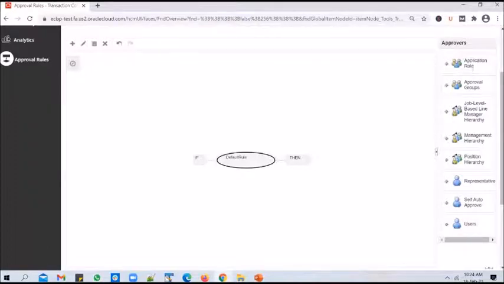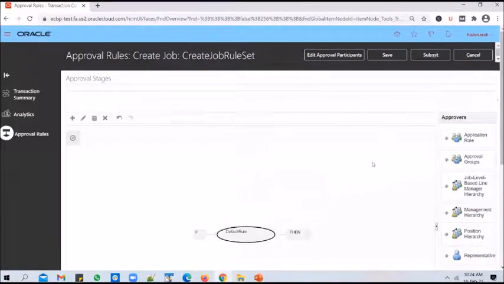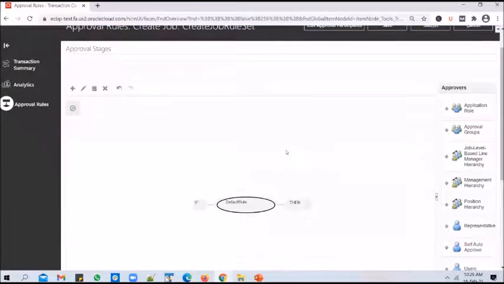And you can also use application role as an approver. What this means is that the moment you use application role, you will be able to pick an application role here. If you pick human resource specialist, then when any user submits a request, and there are a couple of human resource specialists in the application, those two users who have that role will see the request waiting for their approval.